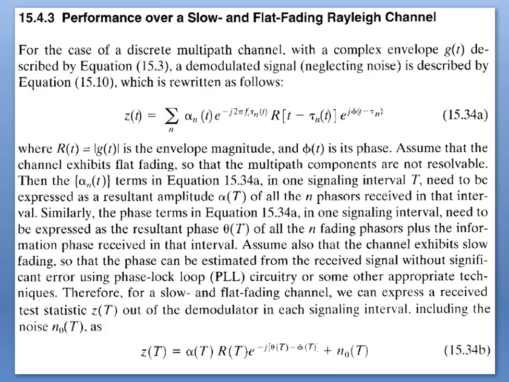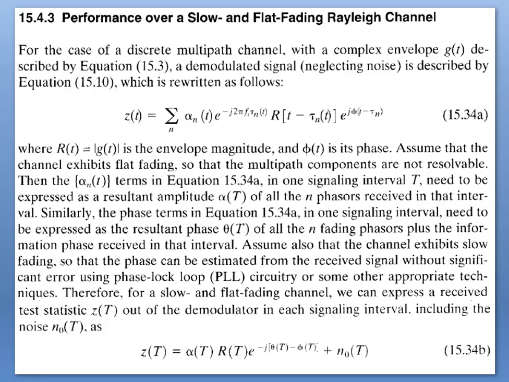And coming to the last topic in the lecture, performance over a slow fading, flat fading Rayleigh channel. For this case, with the discrete multipath channel with complex envelope g of t described in the equation above, the demodulated signal is described in equation 15.10, which we rewrite as z of t in 15.34a, where r of t is equal to the magnitude of g of t, its envelope magnitude, and phi of t is its phase. Assume that the channel exhibits flat fading so that multipath components are not resolvable. Then the alpha of t terms in equation